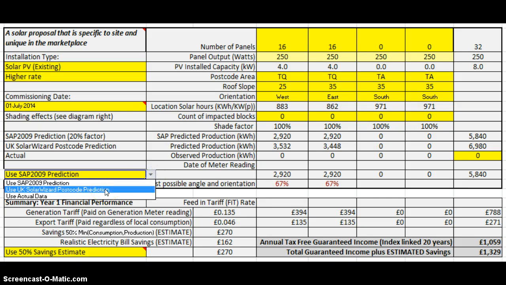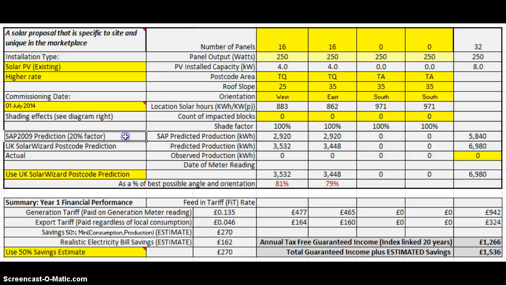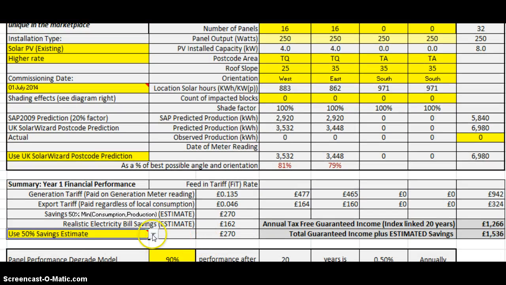We can say what happens if, how does it change if we use local data for insolation, and we'll do a short recording of the two options here, which include a 50% savings estimate and also a more, that's awkward, never mind, we'll get that sorted in a minute. Use a more realistic estimate because